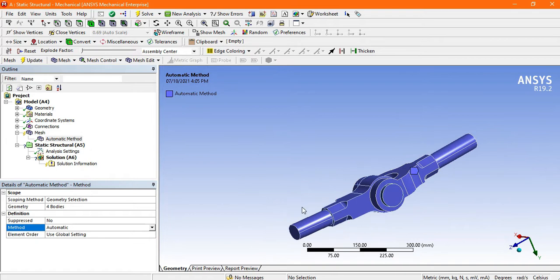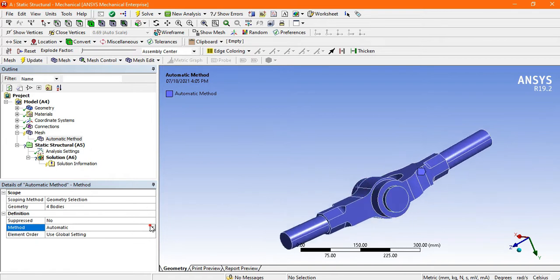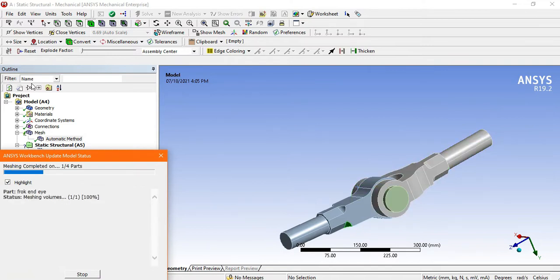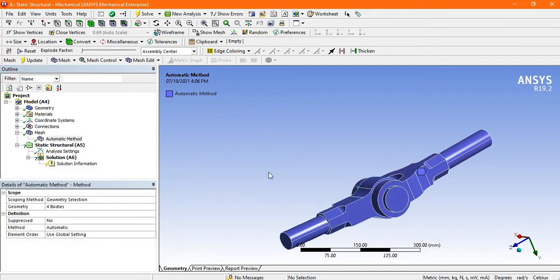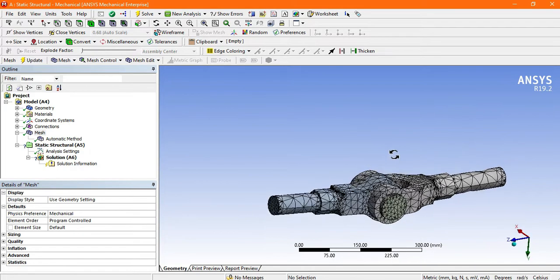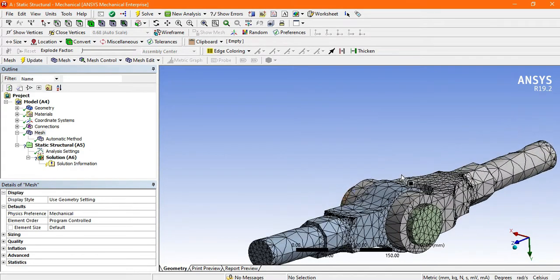Suppose the structure is like a tetrahedron, hexahedron, multi-zone, Cartesian; many meshing shapes are there. You can choose automatic by default and go to update, meaning any operation you performed here, finally you have to update it. Now go to mesh and check here. It looks quite similar.